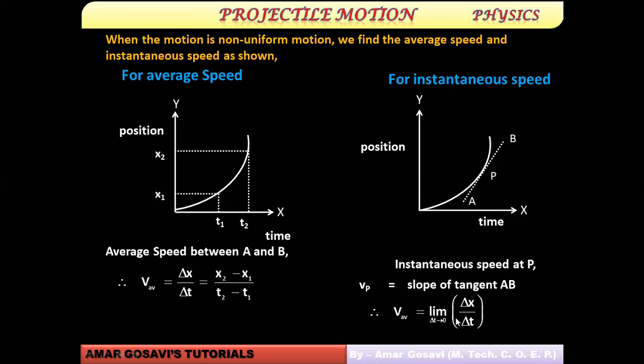Yeah. So when you find out delta x by delta t for this limiting function, then that particular thing will be called instantaneous. This is how you work it out mathematically. If you want to work out these things graphically, what you're supposed to do is draw a tangent and take the slope of this. You can get the instantaneous speed. So this is how you will work out average speed from the graph. This is how you will work out instantaneous speed from the graph. Okay, this is something which I wanted to tell you today.